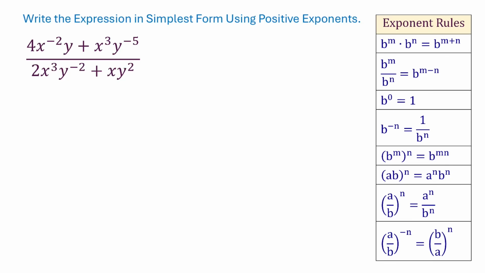Hello. Let's simplify the expression (4x^-2 y + x^3 y^-5) over (2x^3 y^-2 + xy^2). So in this expression, we have a few negative exponents, and we have this negative exponent rule that tells us